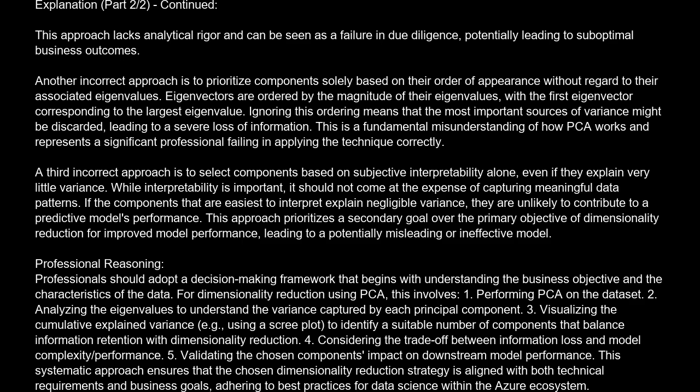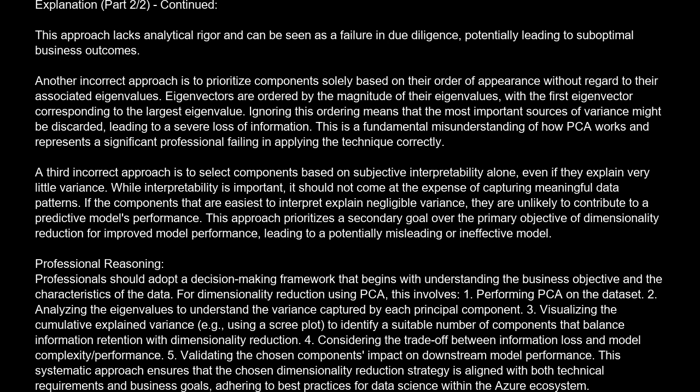Another incorrect approach is to prioritize components solely based on their order of appearance without regard to their associated eigenvalues. Eigenvectors are ordered by the magnitude of their eigenvalues, with the first eigenvector corresponding to the largest eigenvalue. Ignoring this ordering means that the most important sources of variance might be discarded, leading to a severe loss of information. This is a fundamental misunderstanding of how PCA works and represents a significant professional failing in applying the technique